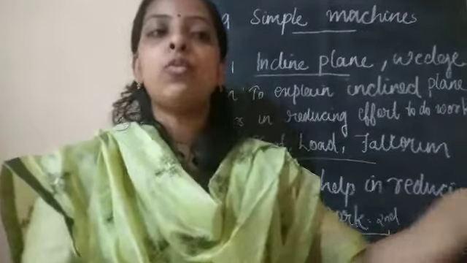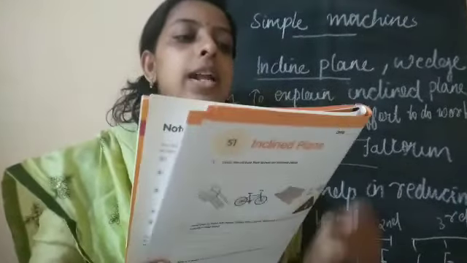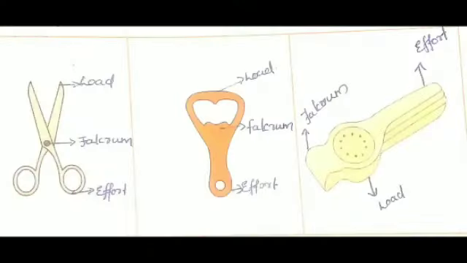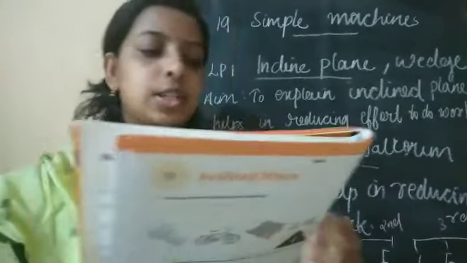Now we can discuss our work. Now open your worksheet S2. Then label fulcrum, load and effort. In the first case you can see it is a first class lever, and the second case it is what? Second class lever, and the third case we can consider the alignment of fulcrum, effort, that you have to mark. In this picture you can clearly see the alignment, so you have to mark it correctly in your textbook.